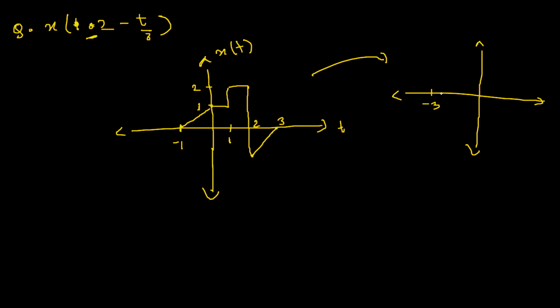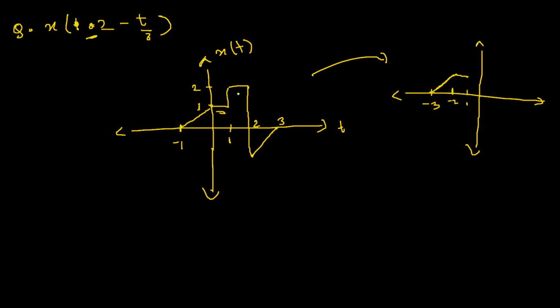So it starts from -3 and has an upward slope for 1 unit, from -3 to -2. Then it remains constant for 1 unit, from -2 to -1, and after that it goes up by 1 unit